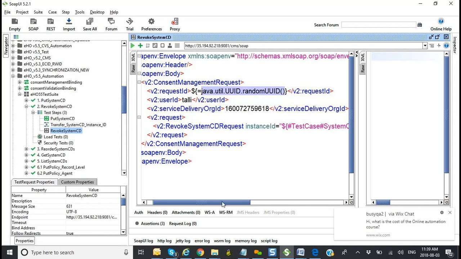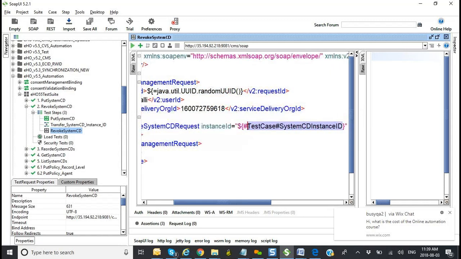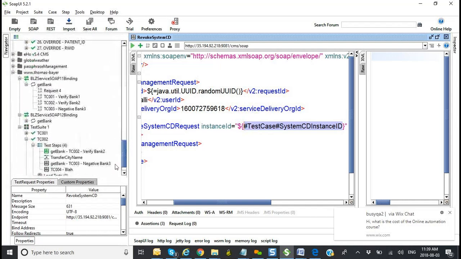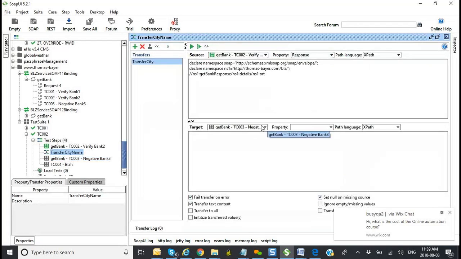But this is different. This is coming from a variable. This is not a random number. This is a variable. So this here is the XPath for that variable. And it's just saying, check your test case and go find the name of this variable. So the same thing we've done here. In my third test case now, I'm taking my $ sign and square bracket. I'm now saying in the same test case, go find city. So once you have that, I can now select that from here. If I go select, this will now show me the,